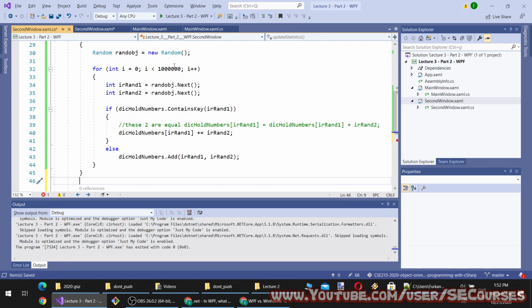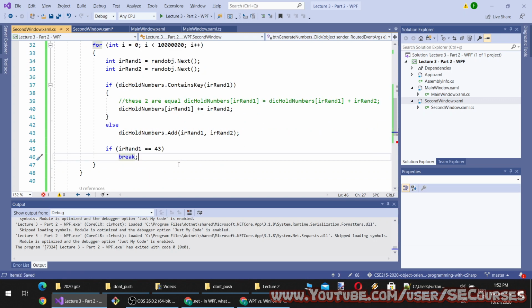And we can break this loop if the random number, let's say this. Okay. This is a random breaking condition.